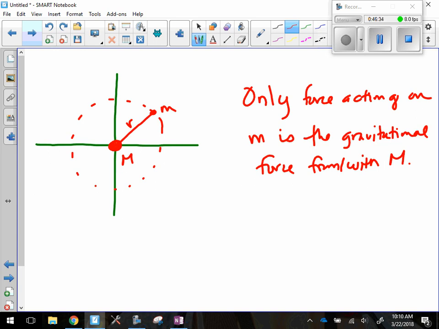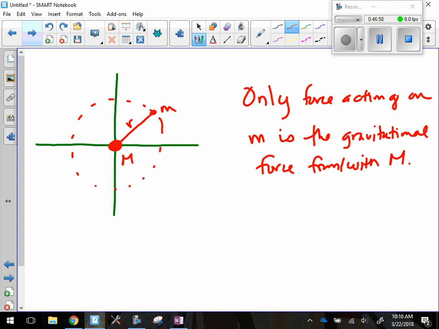It's exactly like if I had something attached to a string and I was spinning it over my head. What do we call that? Centripetal motion? Centripetal. Uniform circular is the word I use sometimes. Okay, so this isn't necessarily uniform circular motion if we turned it into an ellipse, but it is